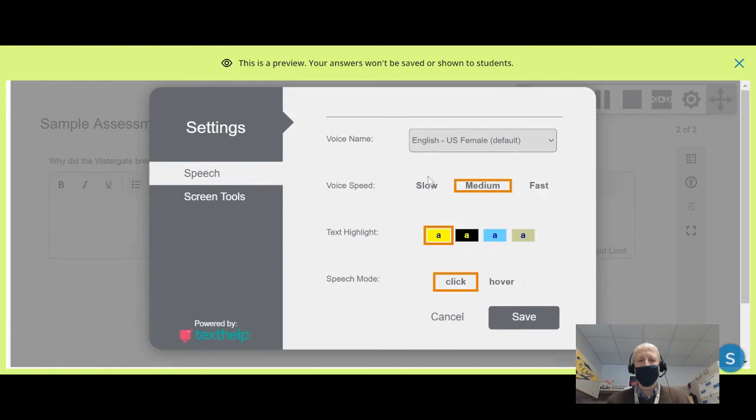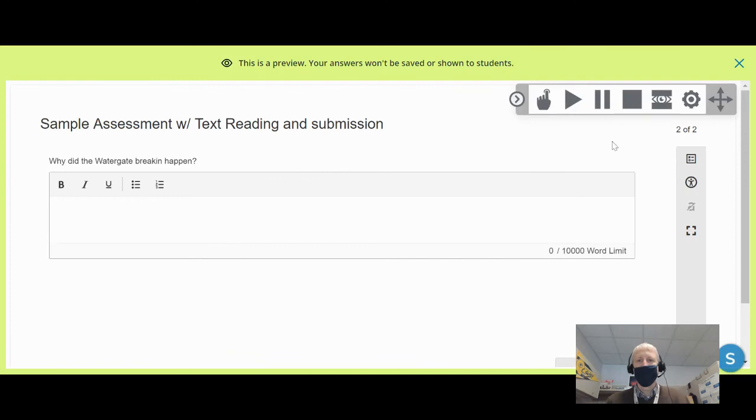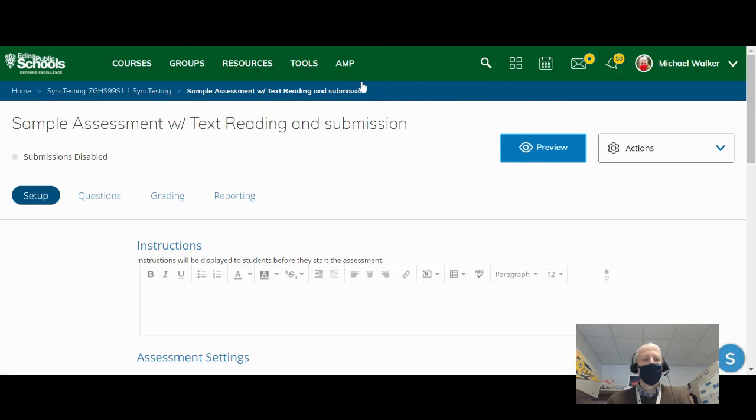There's also some settings where I can change the voice speed, I can change the tools there. And this is set up by the student to kind of assist them in that process. And that's all built in to the assessment tool. So again, in the information that I'm sharing with you,